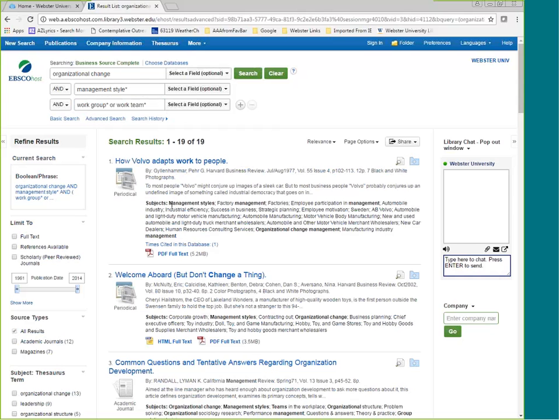And we see in the subject terms, we see management styles. We see organizational change management as a subject. So organizational change and/or change management. We see in this next one, management styles and organizational change as a subject heading.